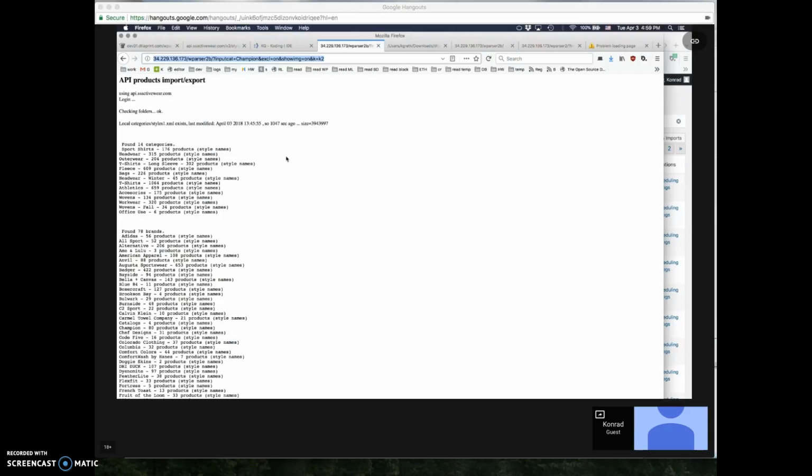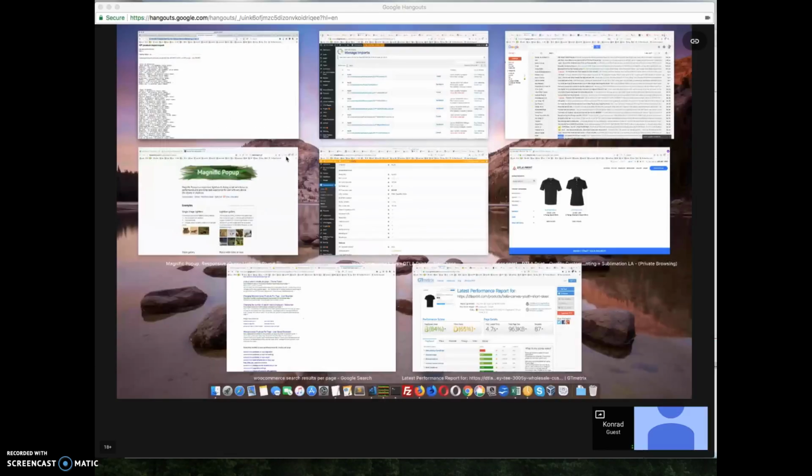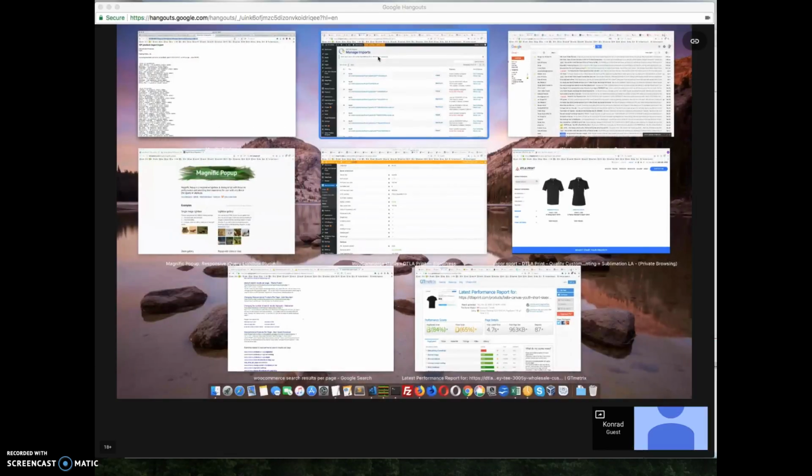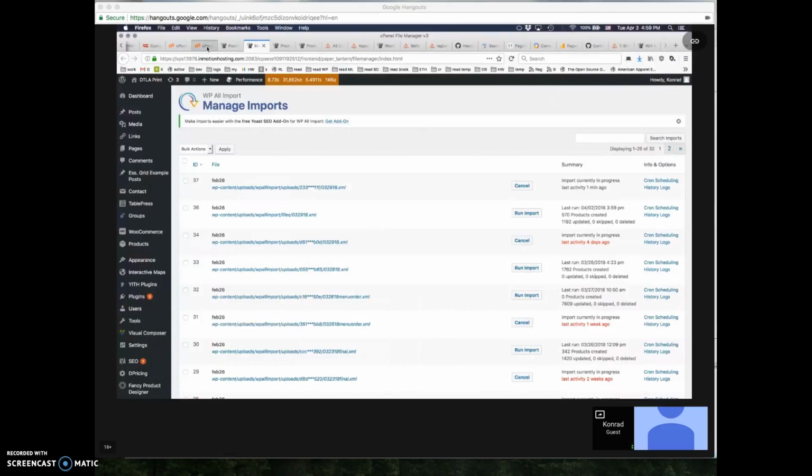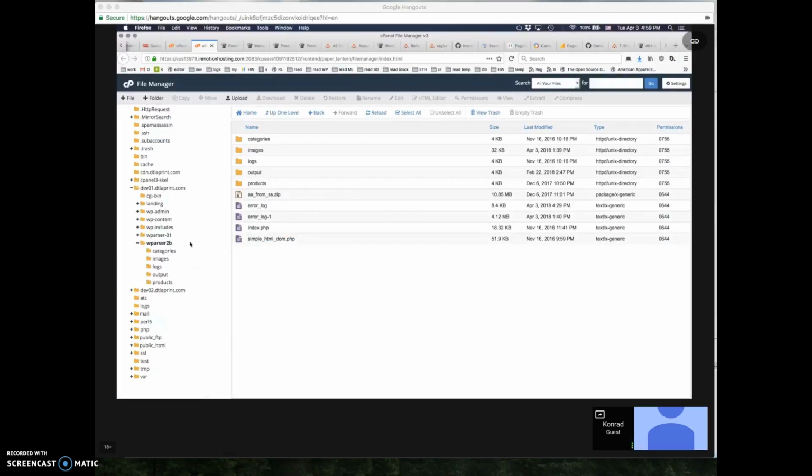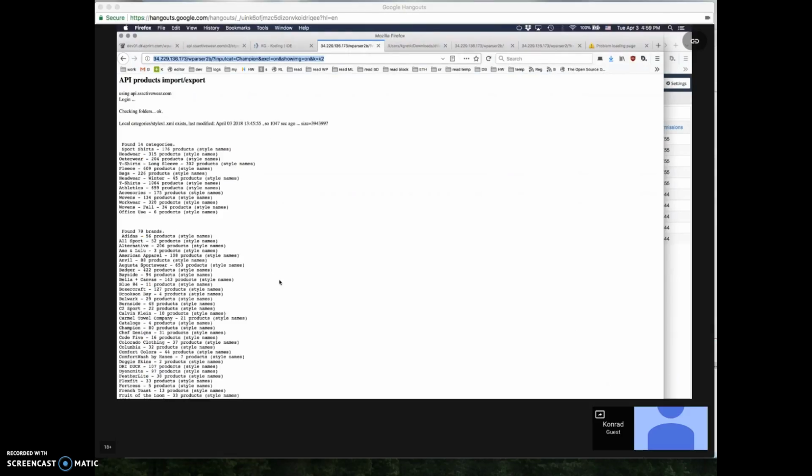Yeah. So I'll email George because I tried to run it on your server, where you have the same script. If you see here the cpanel, dev01, wparser2b, for some reason this wasn't working on your server. There's one setting which maybe George can change. Okay. So I have my test server where